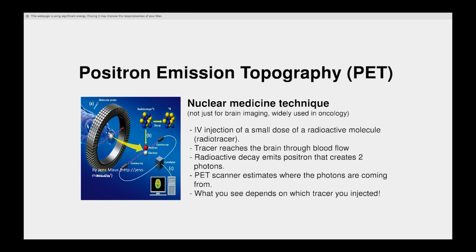So it really depends on what you injected with. We call the thing we injected a tracer, because it's really going and trying to latch onto the thing that it looks like. So you could have an amyloid tracer or a tau tracer, or, as we'll see in a little bit, we could just have sugar that is being traced and tagged with a radioactive material.